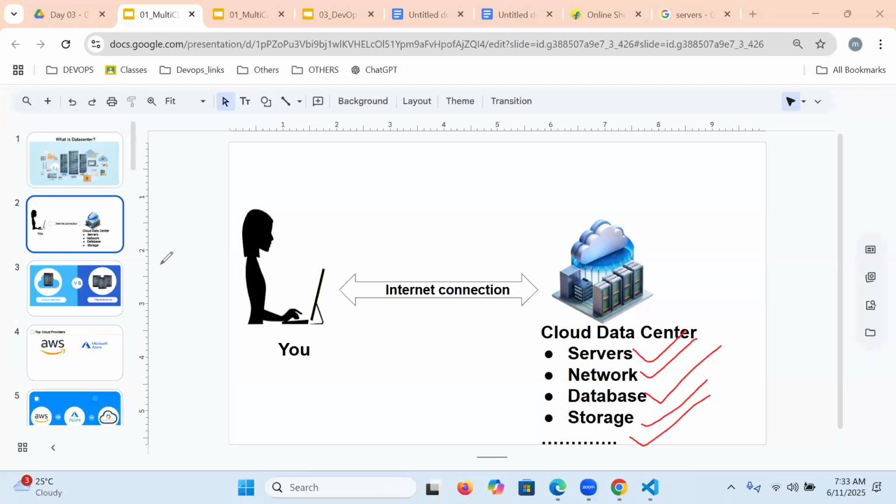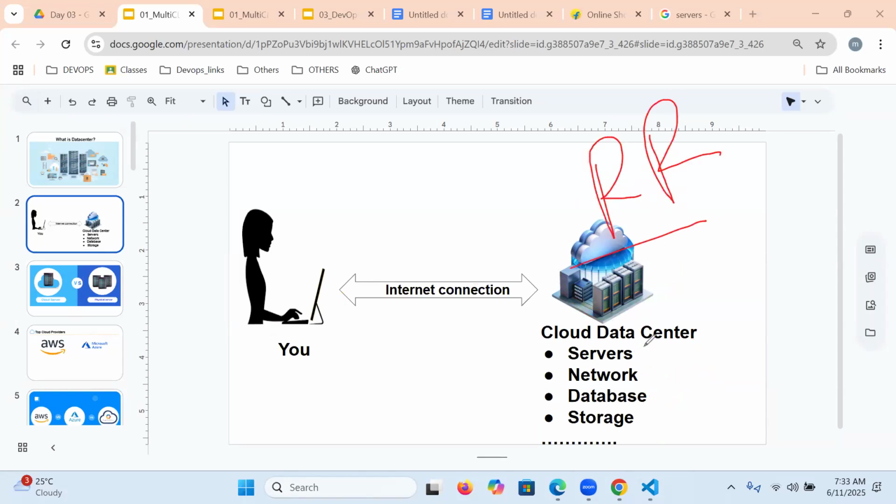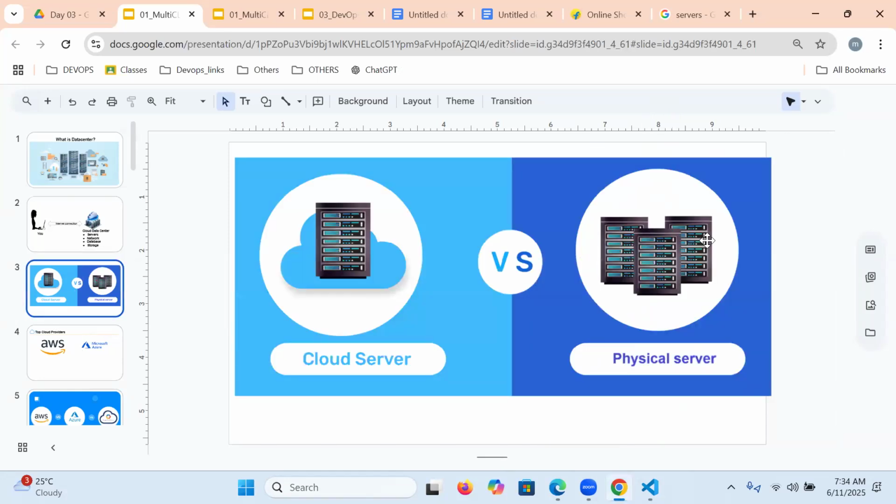If you can access it over the internet from this data center, from a laptop, that is nothing but cloud computing: remotely placed resources such as servers, network, storage, database accessed over the internet from a laptop. But cloud is rental-based infrastructure. We are not buying anything. We are only taking rental-based infrastructure.